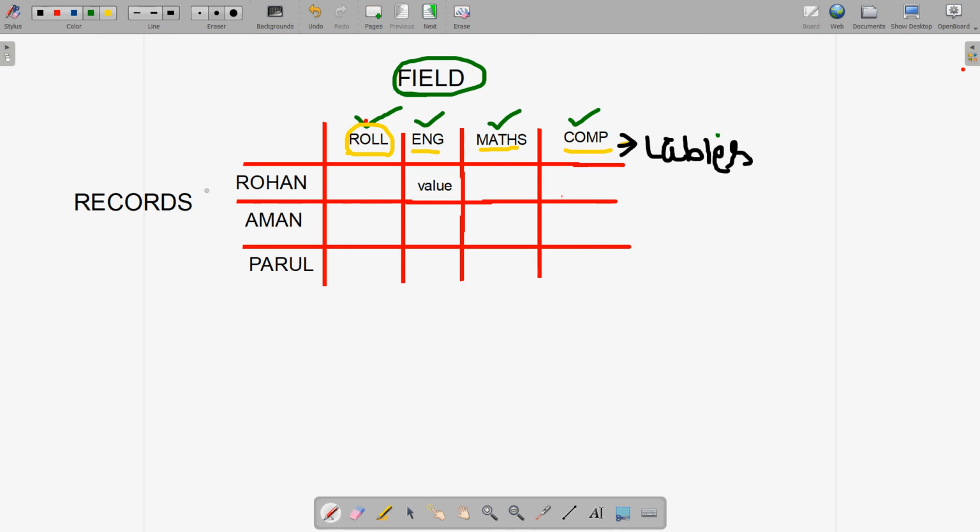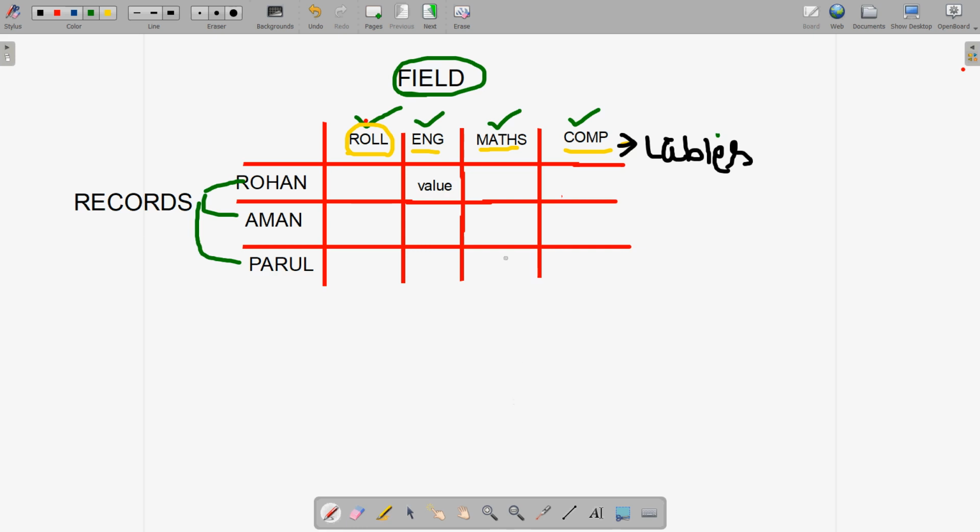These are the different records. Each of the horizontal values which you are saving is a record. So fields are the vertical ones, and records are the horizontal ones. I hope this is clear.